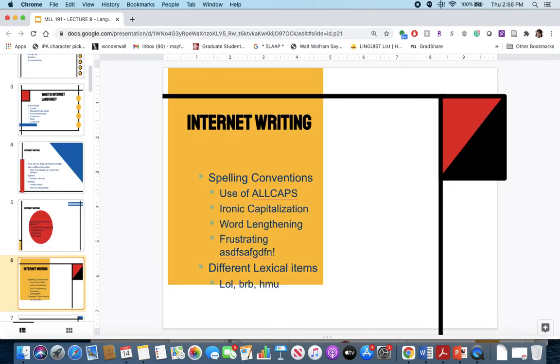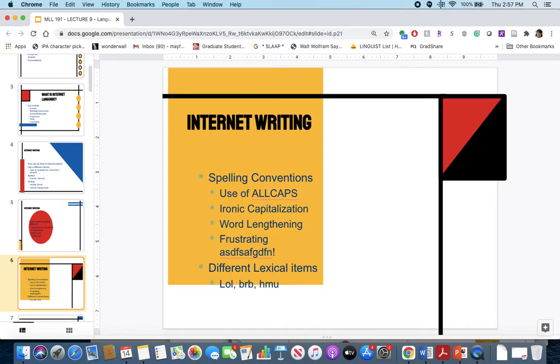So think about the spelling conventions that you have on the internet. So way back when, in the wild, wild west, before they had these conventions, right? You could really do anything, right? You could write in all caps. I remember when I was in middle school, I used to write in lowercase, uppercase, right? And that was something that you did. Before they had emojis, they had emoticons. And so you use punctuation that would form a smiley face.